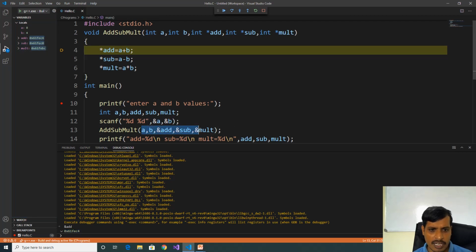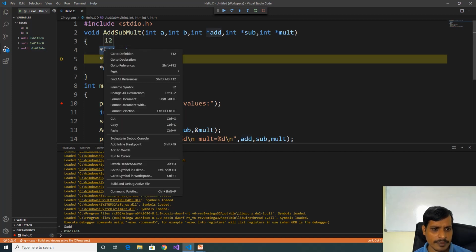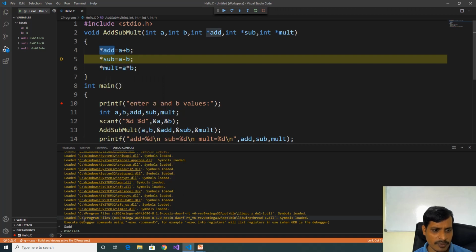We pass these arguments to these parameters. Here A 8, B 4, and these contain addresses. Now here A plus B, 8 plus 4, 12. That value we need to store as the value at this address. F11. Now see this output, select this part, right click, evaluate in debug console.